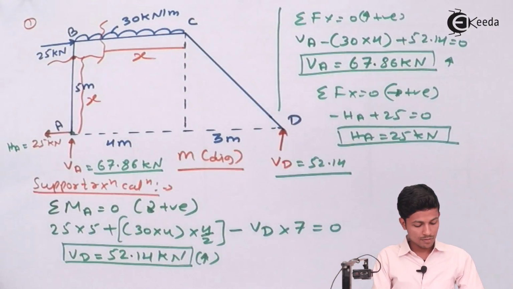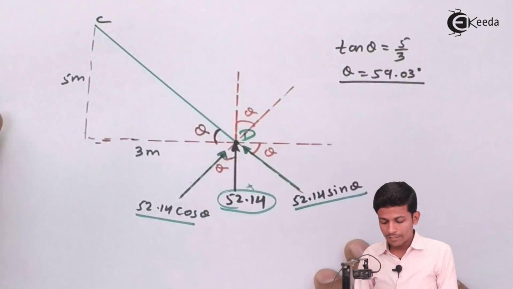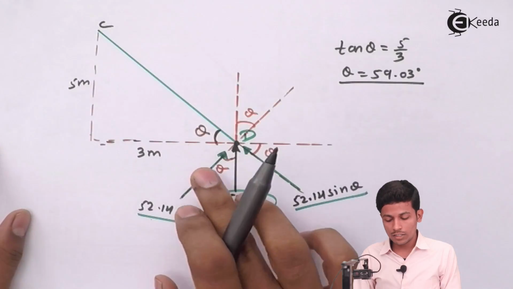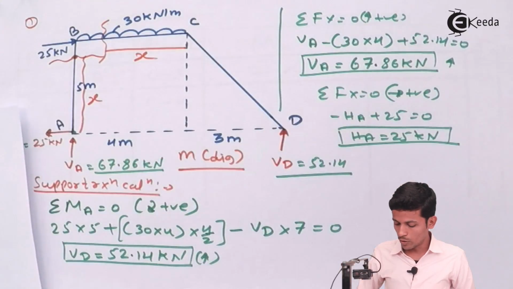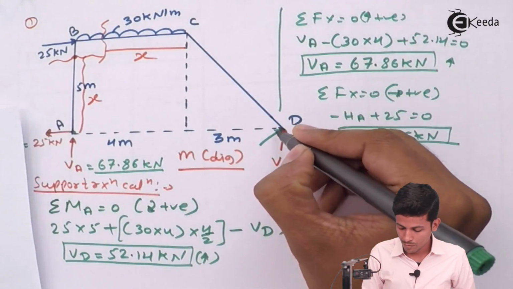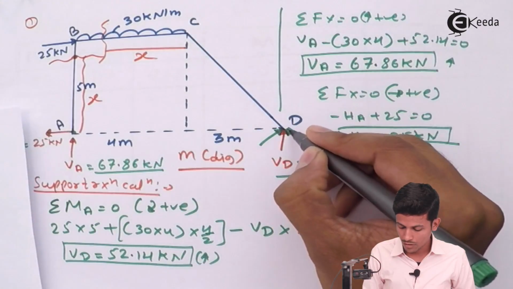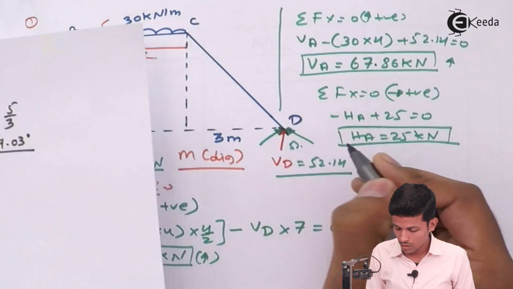See, we have resolved this part. This part you have to balance over here. Draw over here also, here only. This value will be